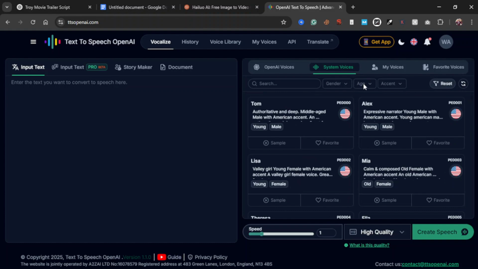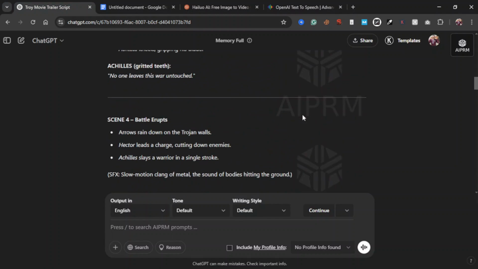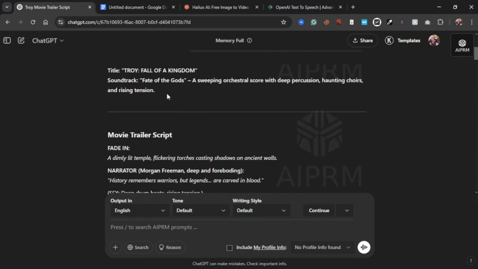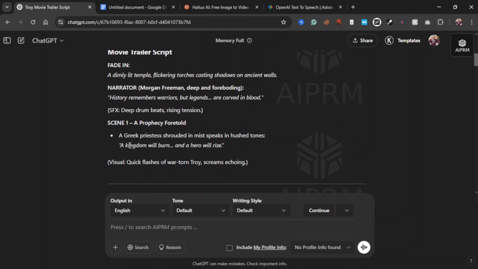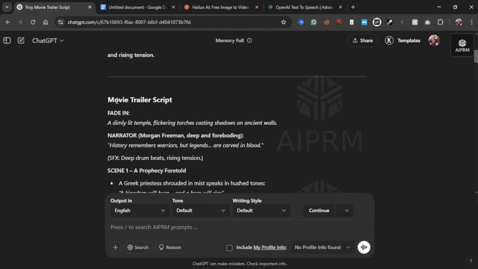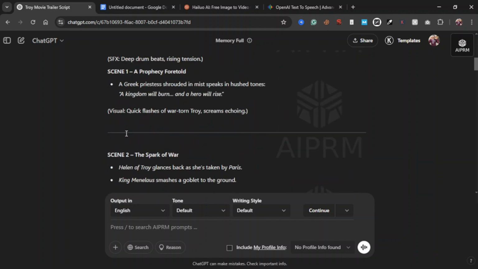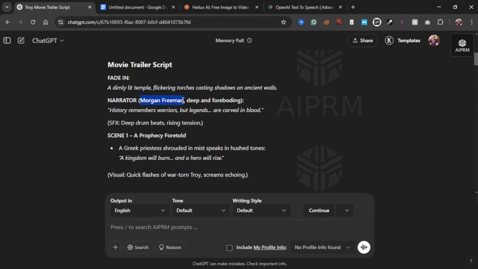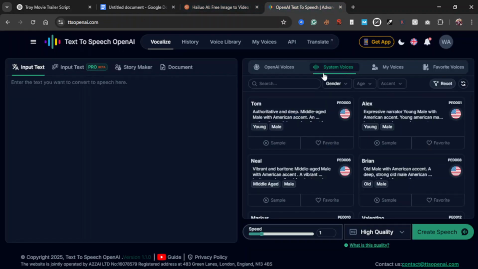But what we are after is just a male voice, because if you noticed, ChatGPT recommended who is going to do the narration. I think there was a part at the beginning that mentioned Morgan Freeman. If we can't get Morgan Freeman's voice, we could have cloned it using Hailuo AI's cloning service, but that would mean getting a lot of samples for his voice. You could try that, but I just decided to go with a voice that sounds a bit closer to that